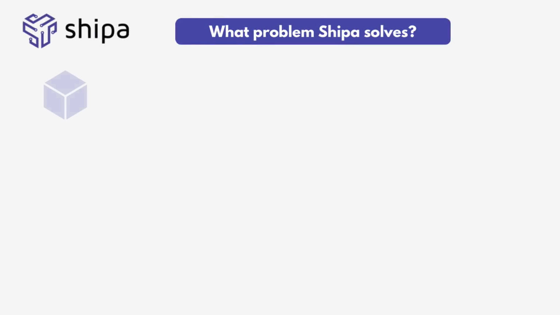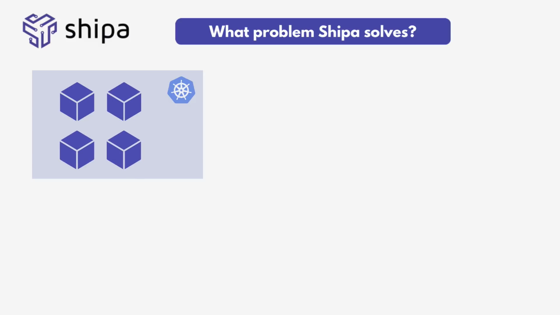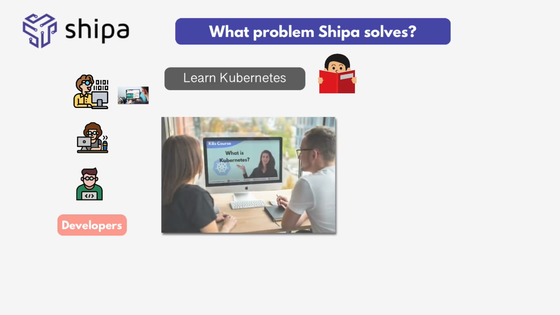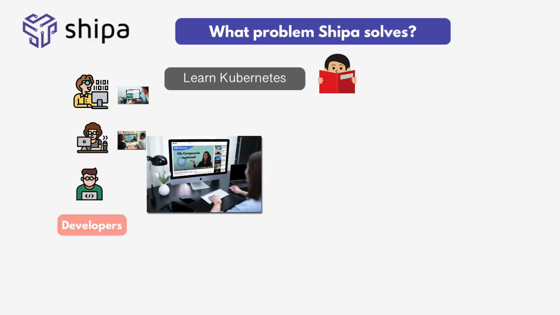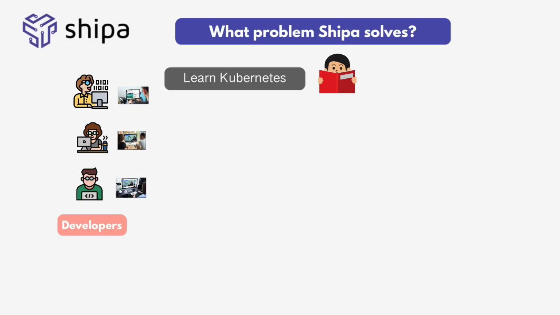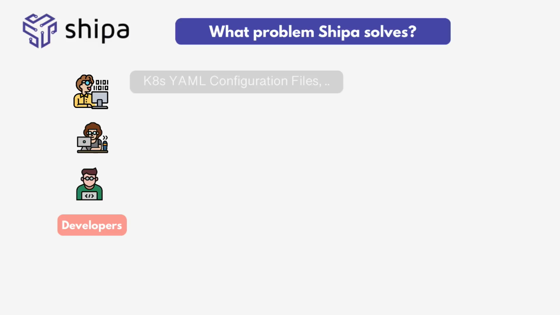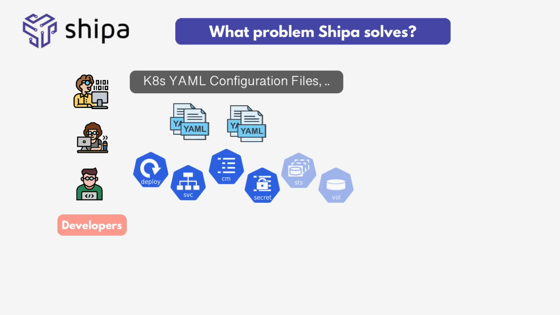Let's say in our project, we decided we will use Kubernetes to run our application. What usually happens in such cases is developers will start to learn Kubernetes, like Kubernetes YAML configuration files, Kubernetes components such as services, deployments, etc. And Kubernetes is not that easy to just learn on the side. So as a result, developers take most of the time away from actually programming and instead spend it on learning Kubernetes and trying to configure the application to run on Kubernetes.